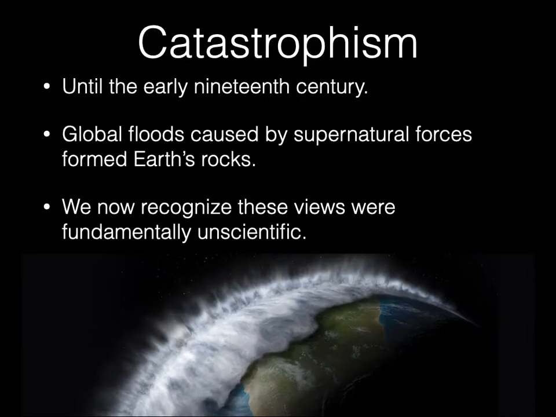Let's look at how some folks have explained the causes of things on our planet. Up until like the early 19th century, catastrophism, the idea that catastrophes created most of the geology that we see, really held sway. We had ideas like the global flood. I'm sure you guys have heard that. It comes out of the Bible, right? Other supernatural forces that formed Earth's rocks. You still hear that today, people talking about, oh, the Grand Canyon must have formed that way because there was a giant global flood. Or the rocks got put the way they are because of a giant global flood. It doesn't work out. There's way too much evidence to the contrary.